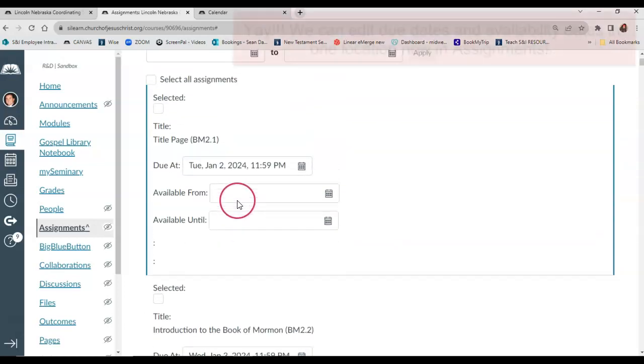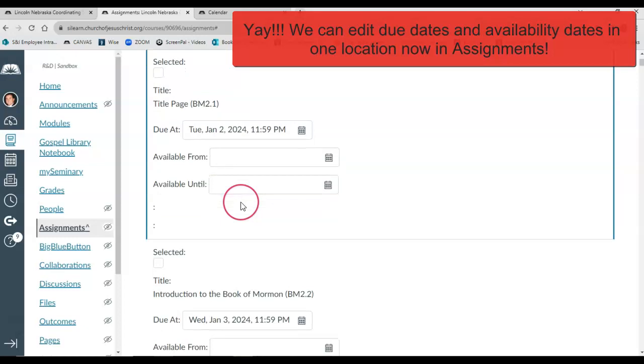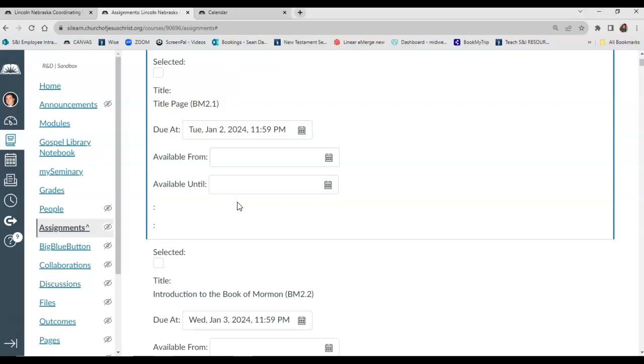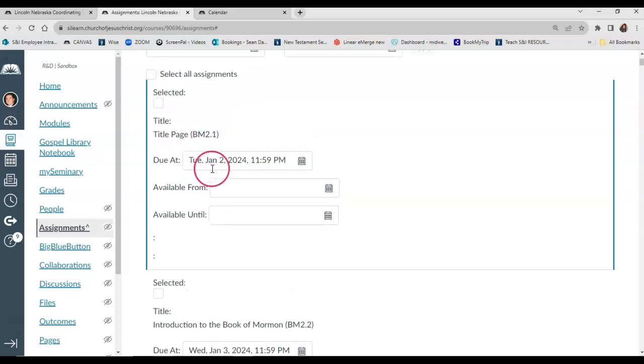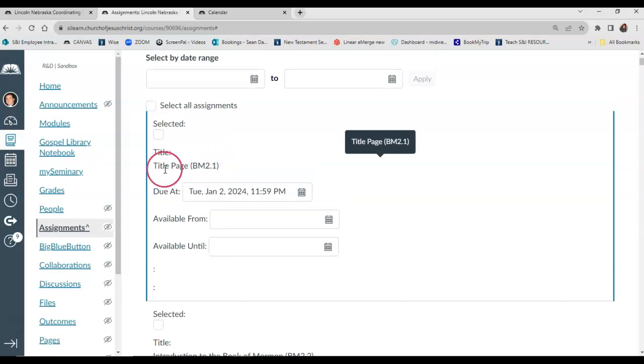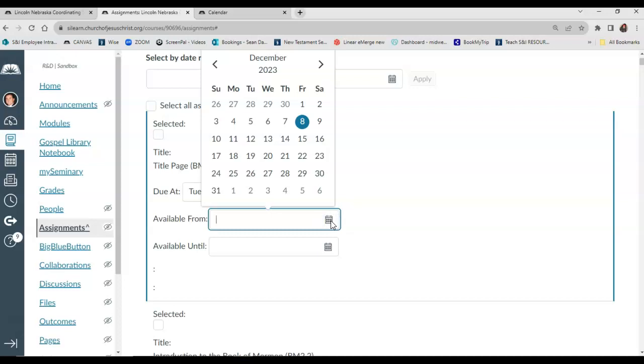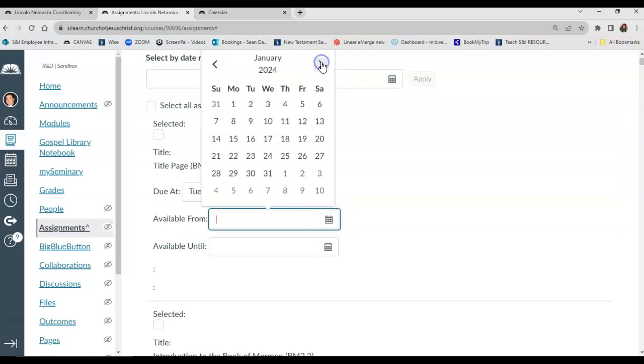So let's say I really wanted to help my students stay on track and not get behind, and make it easier for me as a teacher to track what they're doing. I really would suggest that you control the dates that your students can see lessons and do lessons. So for example, if I were to assign the title page lesson on January 2nd, then I would do this as a teacher. I would go in and click that it is available from,